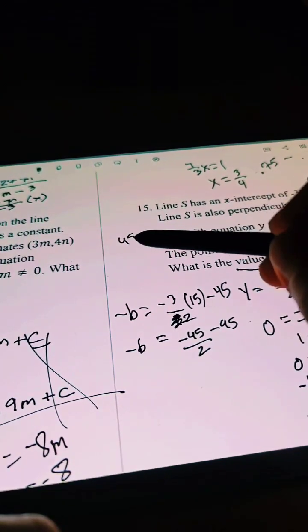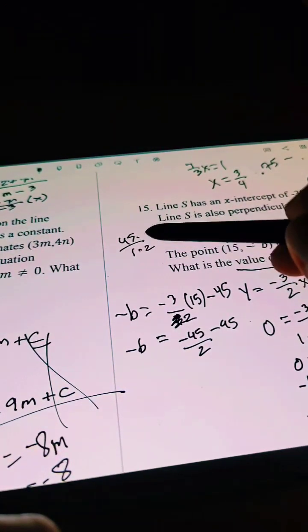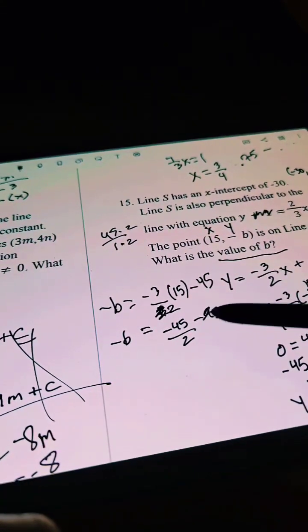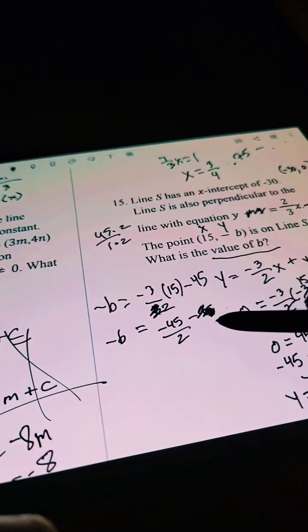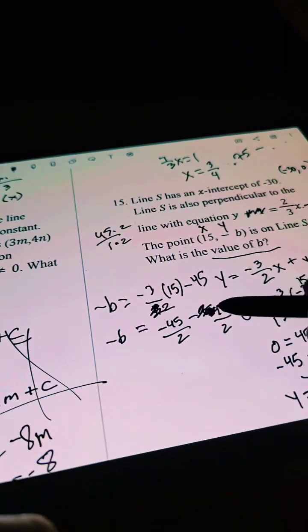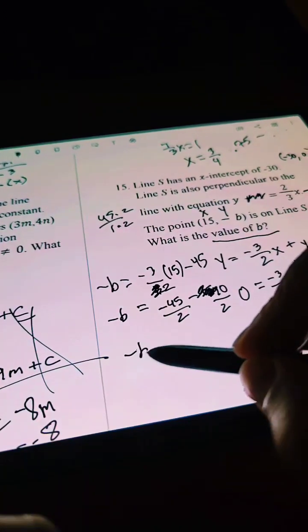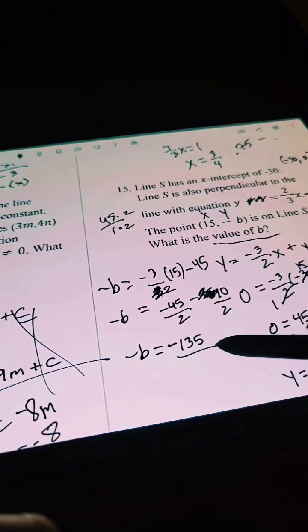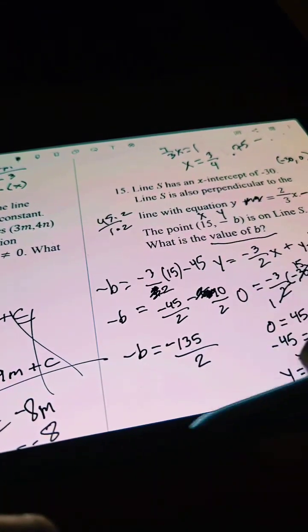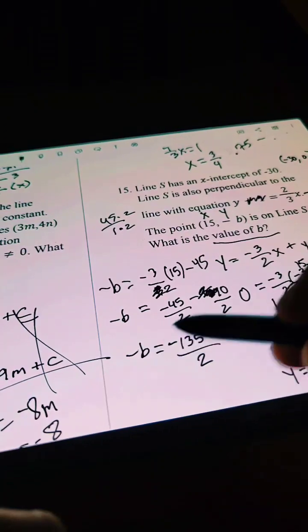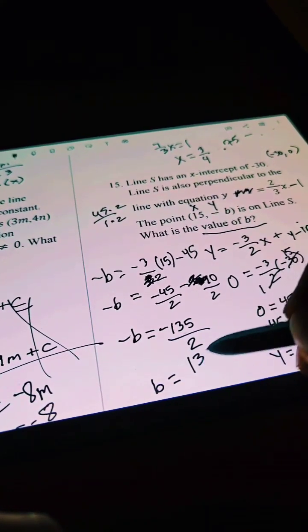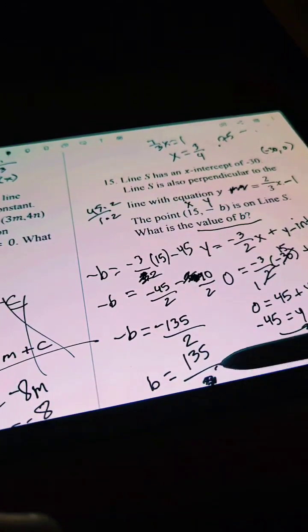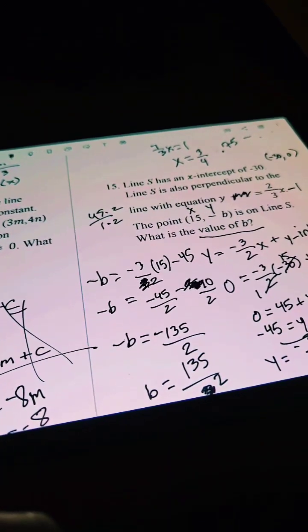So 45 is the same thing as 45 over 1. If we multiply the bottom and top by 2, we can get a fraction that's equivalent with that common denominator. So then I'm going to get 2 on bottom and 90 on top. So then I'm going to get negative b is equal to negative 135 over 2. Then you're going to divide by the negative to get b by itself. So b is equal to 135 over 2, which